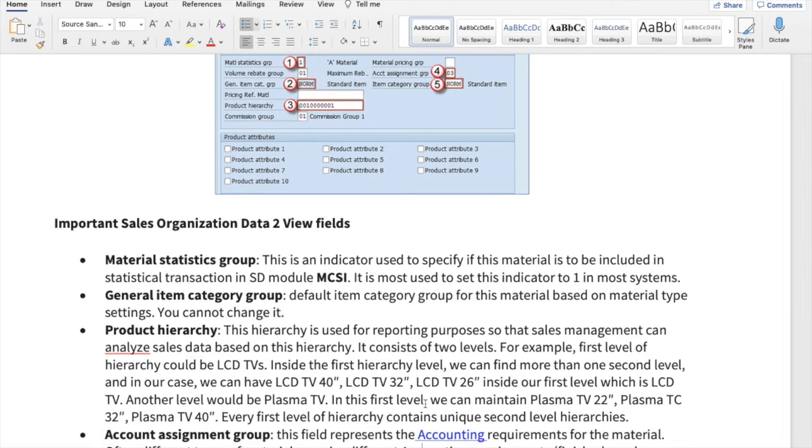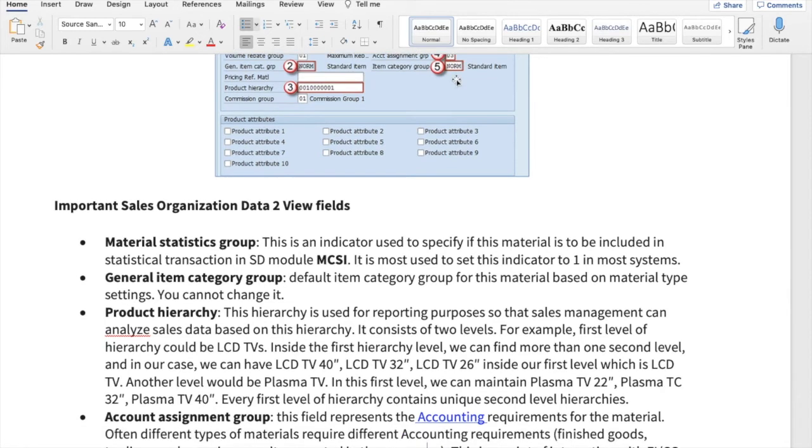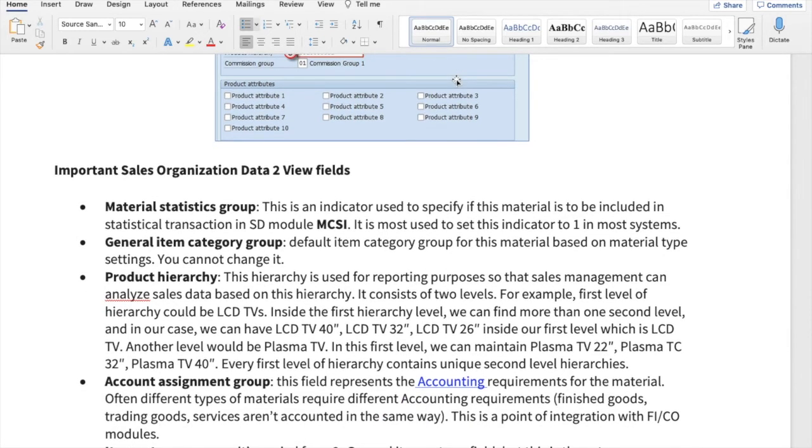Now there is another important area which is called account assignment group. So what is account assignment group? This is for the purpose of doing the accounting. When you do the accounting of the material, often different materials require different accounting. Like one material, when it is being used as a finished product, may require one kind of accounting.